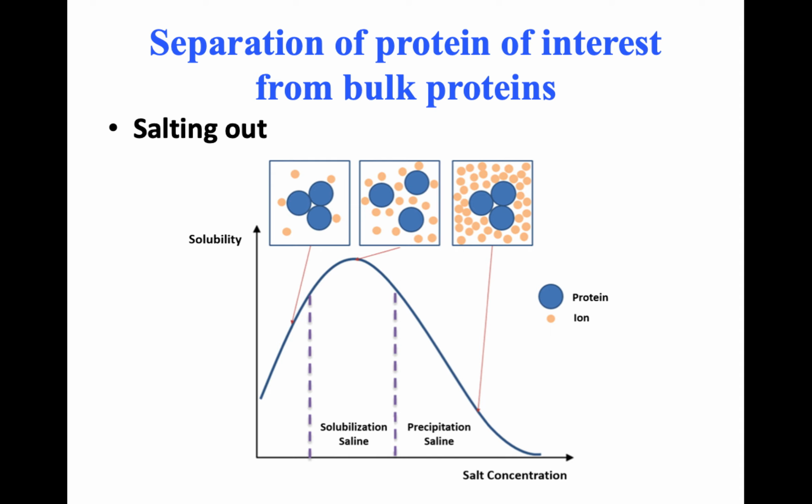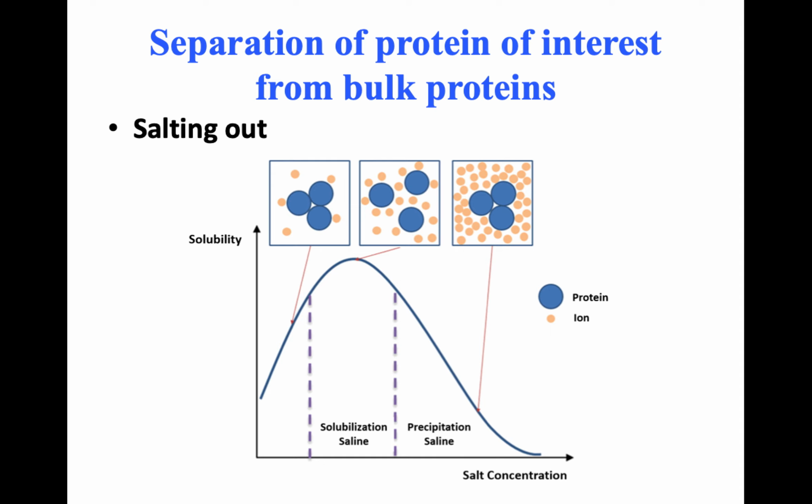One protein molecule and the other protein molecules interact with one another with the help of electrostatic interaction also. This electrostatic interaction is going to be minimized if you add a low concentration of ammonium sulfate. This is called salting in. So salting in refers to the addition of a low concentration of ammonium sulfate or salts, which increases the solubility of the proteins.